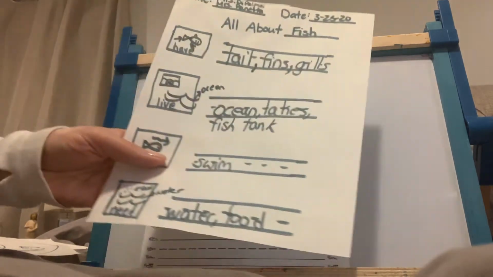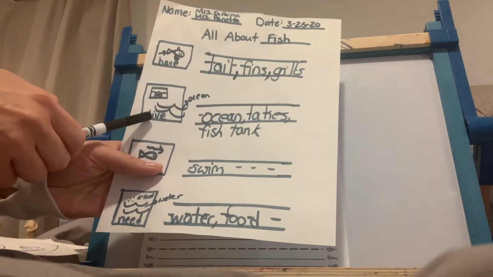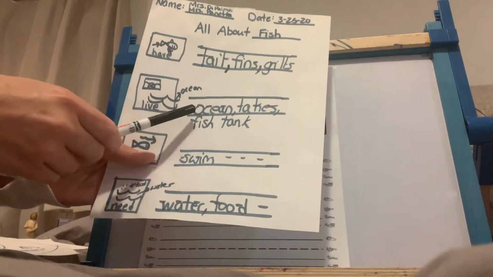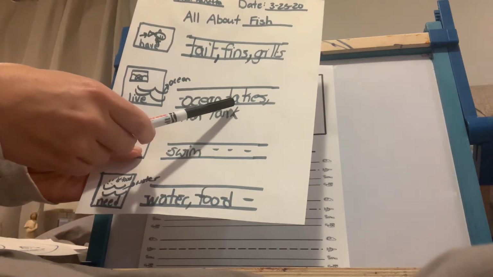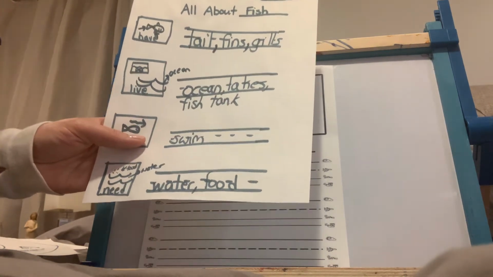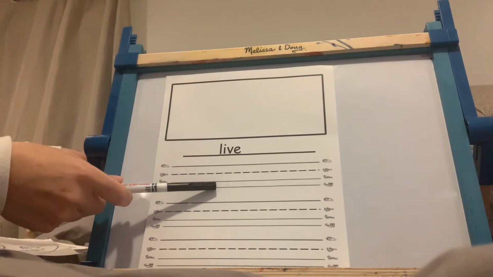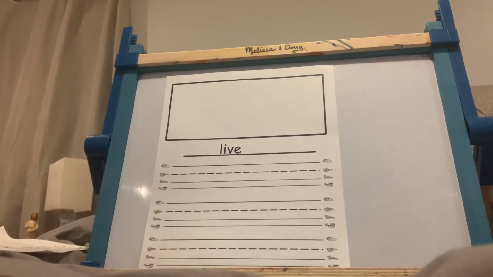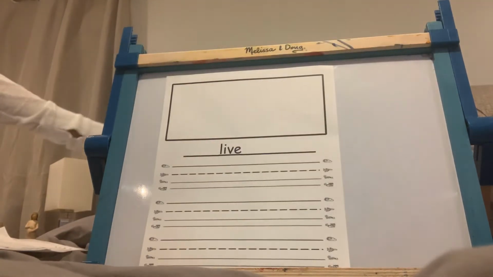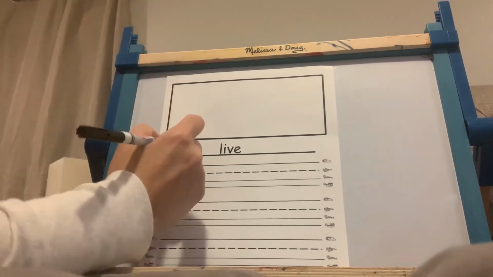I'm going to take out this page and go to where it shows where fish live. And I wrote the ocean, lakes, and a fish tank. So I'm going to include that in my writing. And of course, you can always add any other places your animals live that you think of. It's okay if it's not included on this page. So I'm going to write, let's see,